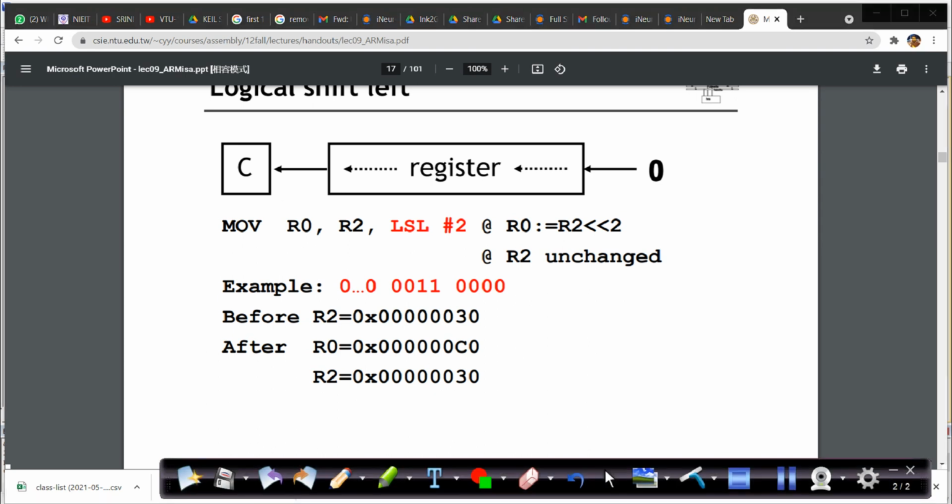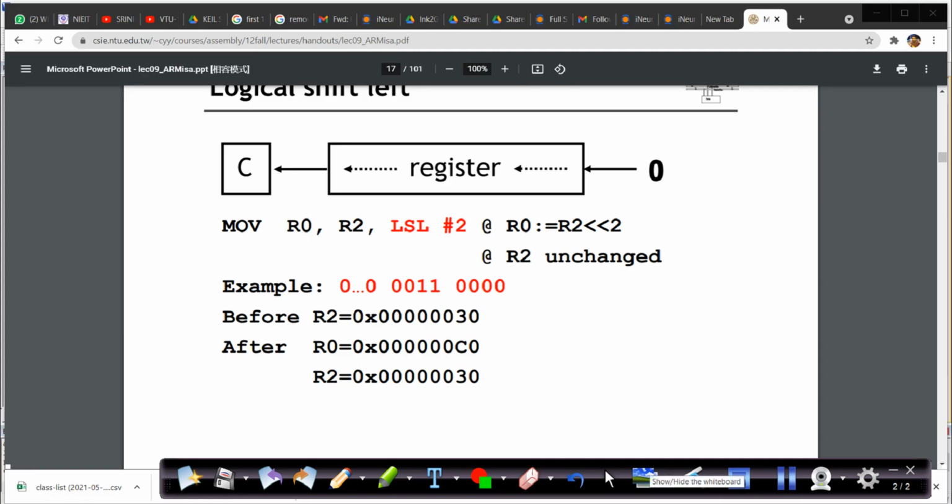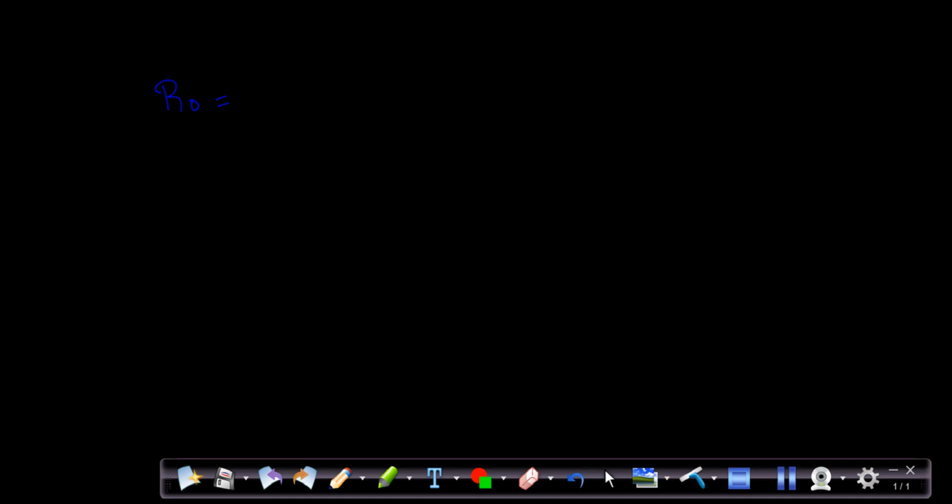R2 he has taken as 30, and R0 as C0. So my R2 value is 0x00000030. This is my first number.